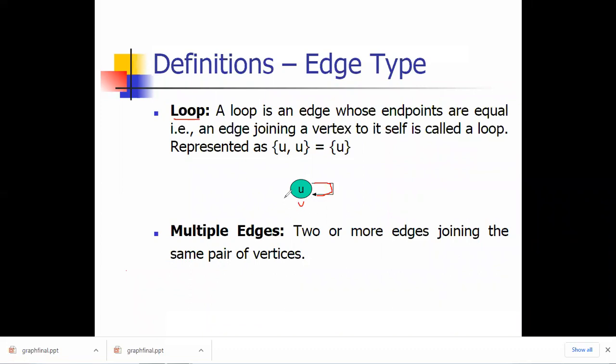So tell me, in graph data structure, is it necessary? So this is a debating question. He just concentrates on what exactly a loop is. Okay, so you just concentrate on that. The node connecting itself is called as a loop. Okay, so again it is one type of edge. And the next one is multiple edges. Multiple edges means what? There are two or more edges joining the same pair of vertices. Okay, so multiple edges are possible in graph data structure only.